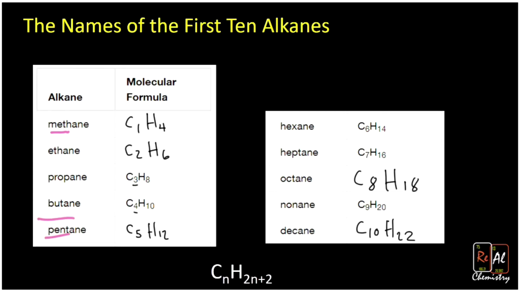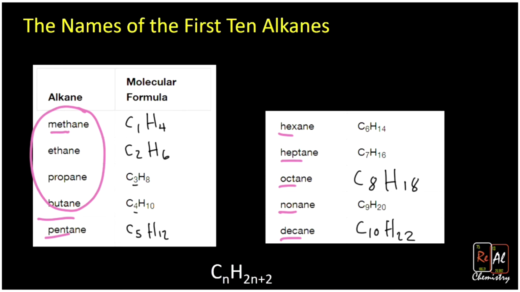Pentane, you can kind of remember that pent refers to 5, pentagon, for example. Hex, we can remember, refers to 6. Hep is 7, oct is 8, nona is 9, and dec, like decade, is 10. Those kind of make sense. The ones that typically are hard to remember are these: methane, ethane, propane, and butane, because they don't sound like 1, 2, 3, and 4 carbons. But whenever I have a molecule with, say, 7 carbons, that's going to be heptane. So you'll have to commit this list to memory, which you'll pretty much do as you go along through the